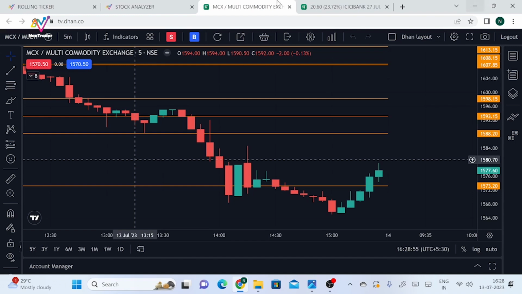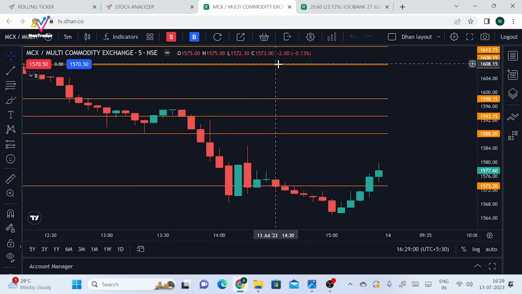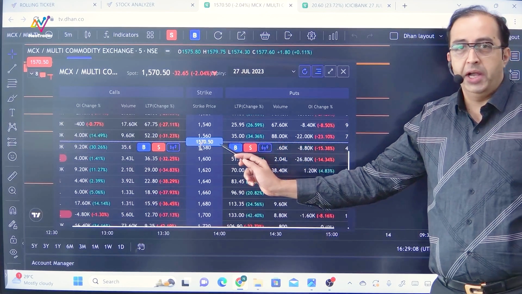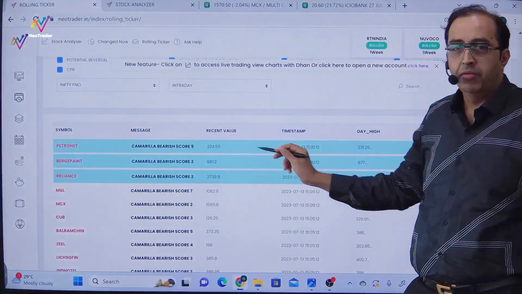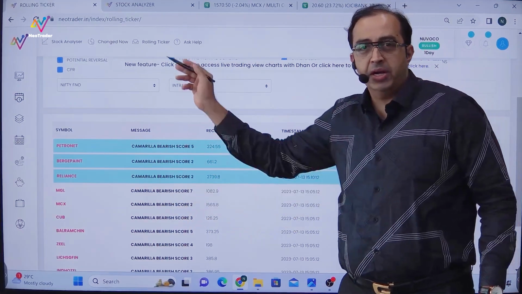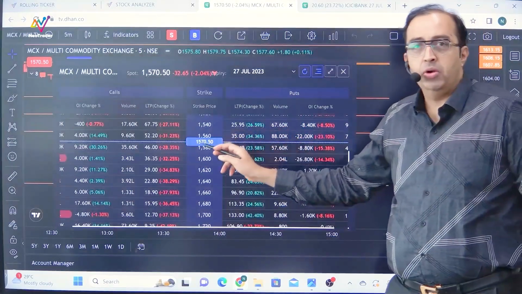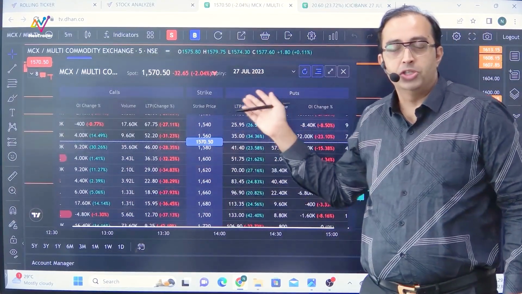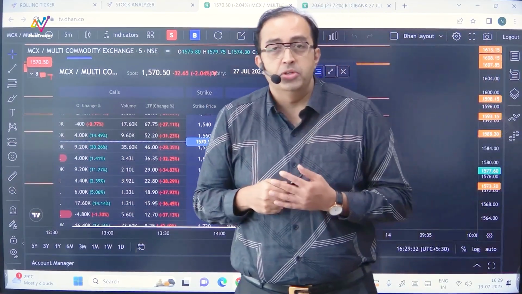and out here I can just do a right mouse click and go on my option chain. Once I go on my option chain, I know that yes, I can buy an ATM call or ATM put depending on what kind of strategy has come here. So from here I get my setup as per Cameria. Then as per Cameria I open up the chart, open up the option chain, and from here if I want to open up the option chart also is possible. So this is another way using the Cameria approaches which you have studied.